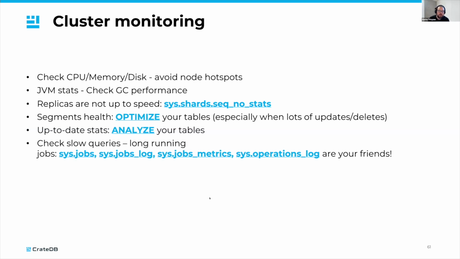So when it comes to queries and trying to optimize their performance, or having issues and trying to see what's wrong with the system, there are a few things that you should always be careful for. First of all, one must always check the operating system and hardware metrics: CPU, memory, disk usage, and try to avoid node hotspots. That means that maybe your 10 node cluster performs really well overall, but there are one or two nodes that are really saturated